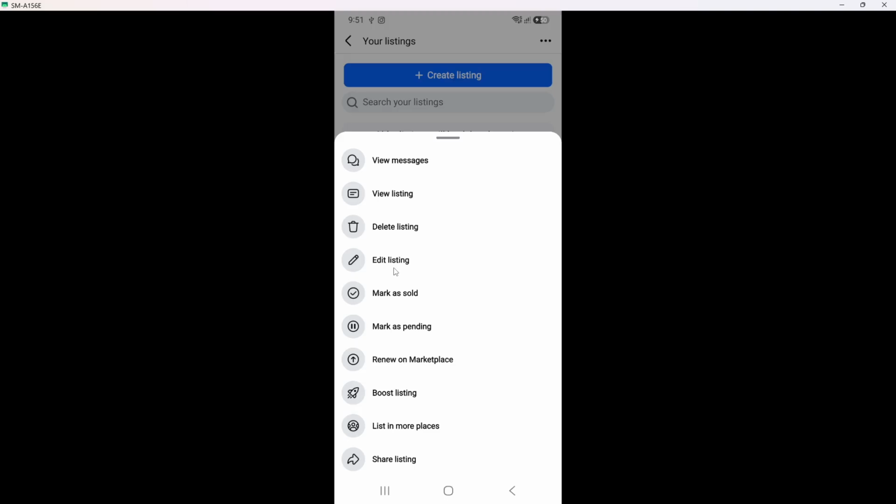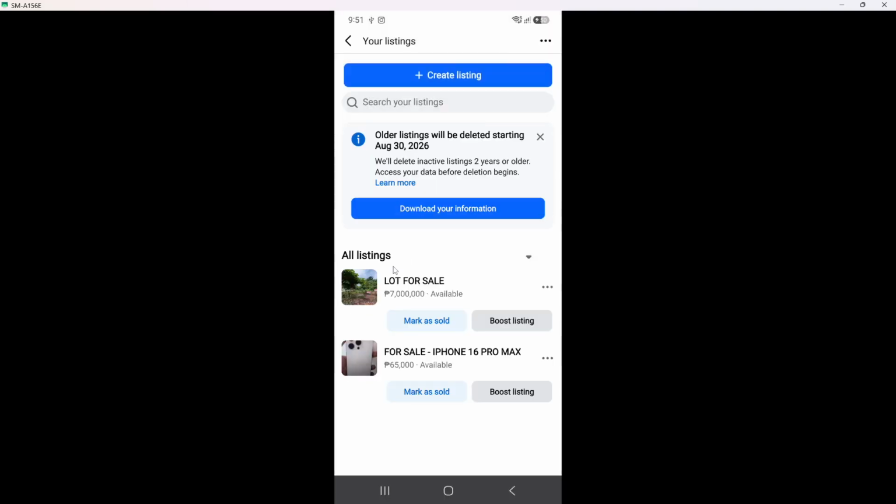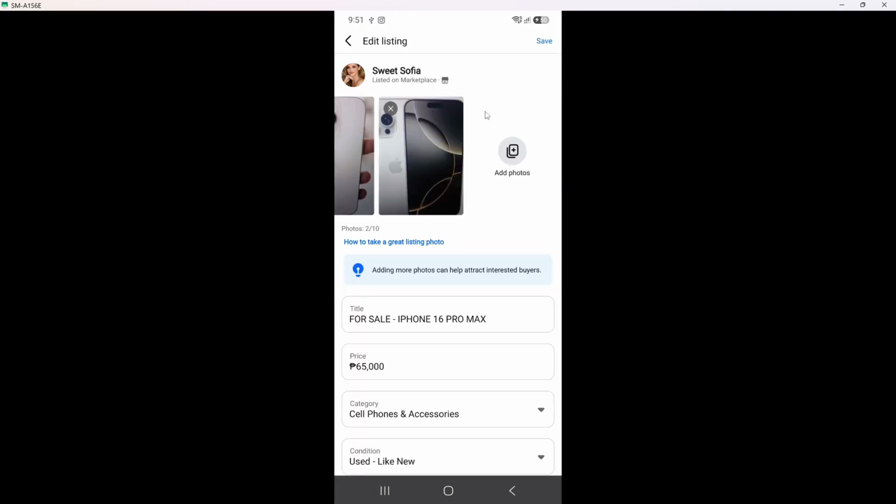They do not change anything else on your account. With the Options menu open, tap Edit Listing. In the list of choices that appears, find the one labeled Edit Listing and tap it once. The screen now changes into an editing view where the title, price, photos, and other details appear in text boxes and buttons. You are no longer just viewing the item, you are actually able to change its details here.